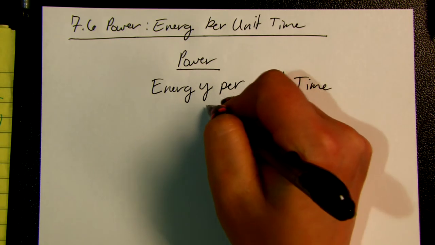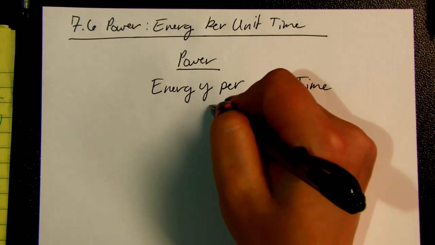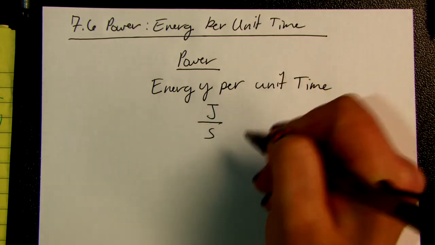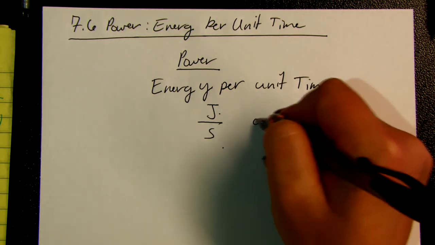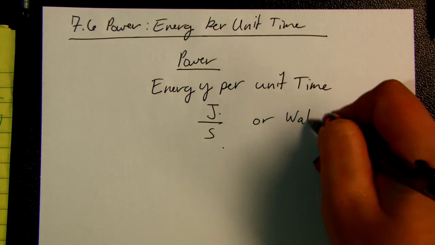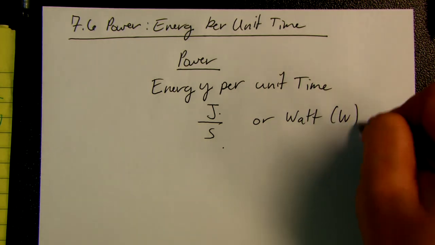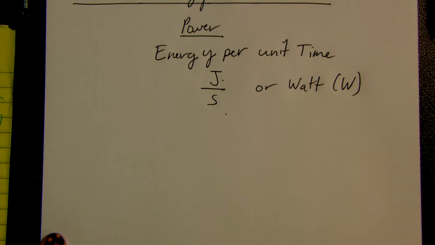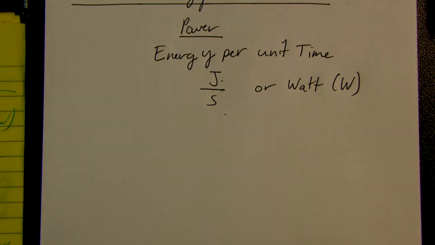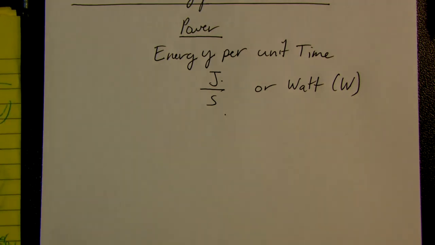And it has units of joules per second, so energy per unit time, otherwise known as a watt. So when you look at a light bulb and you see that it has a wattage, that is telling you its power. All right, so we finally have a way to relate time to our energy principle, because we know